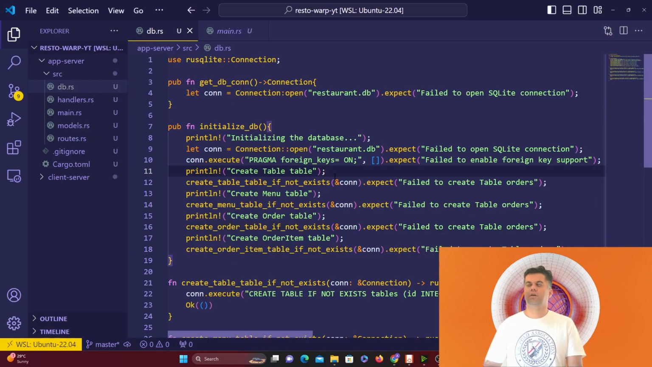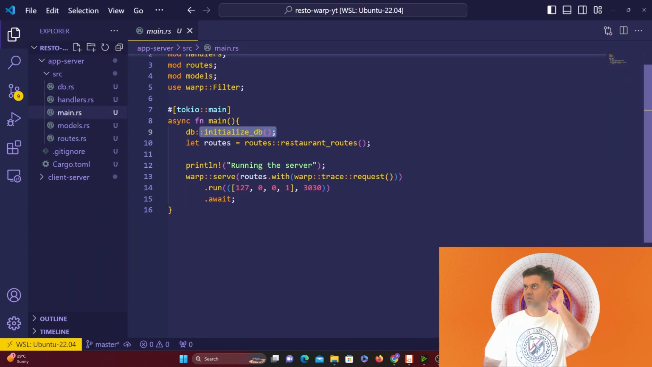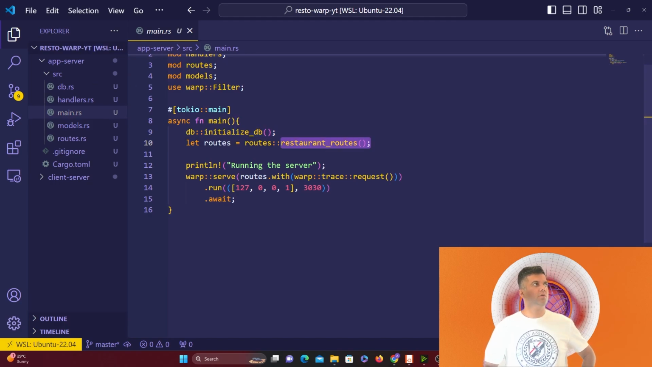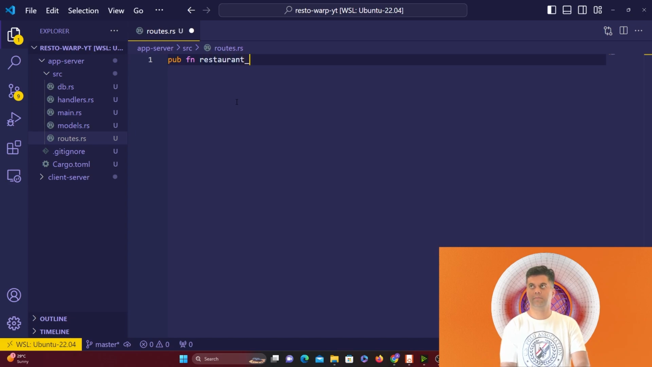So let's get started. Let's go to the routes, and the context for routes is that all of these will be in the restaurant routes function. That's the one that we're calling. So to start with, I'm going to go to routes.rs. I'm going to create a public function, and I'm going to call it restaurant_routes, and this implements